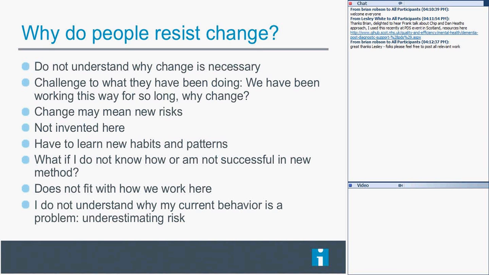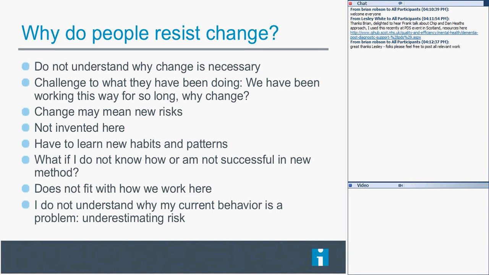However, there's also the fear that people have that if they're trying something new, they may not succeed. They may actually fail. And that is a fear that is real, even though the plan is to help people understand and develop a process that fully meets and is able to provide the results that we want, and people can actually accomplish the process. There's always the fear that trying to do something different may cause me to fail, and no one wants to fail. The other aspect that's important is the cultural aspect.